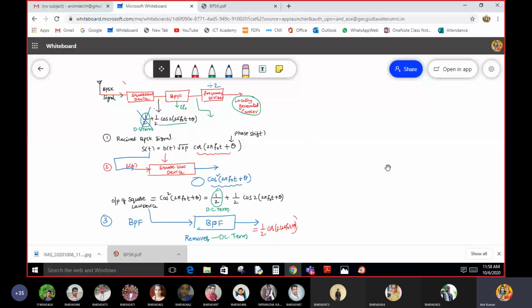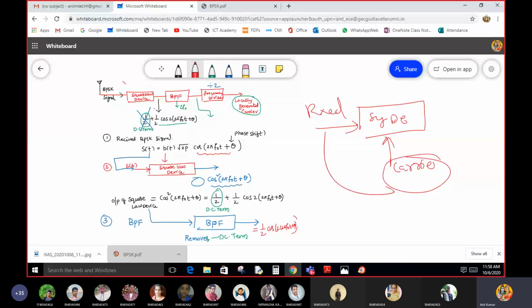Is it okay? So now the block diagram for this one is simple. This one is a synchronous demodulator, and this is a carrier, and this is a received signal. The carrier is generated by using this received signal only, by using these three blocks. Is it okay? So with this, I completed the demodulation part of